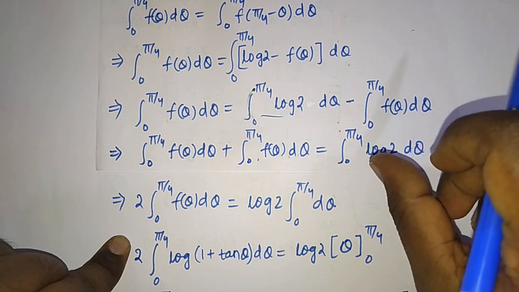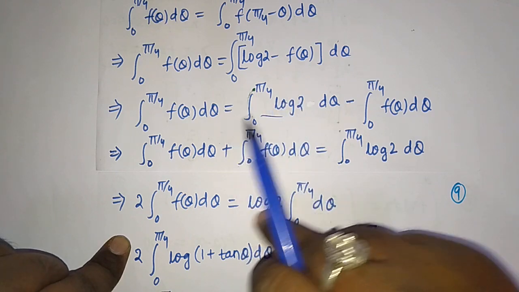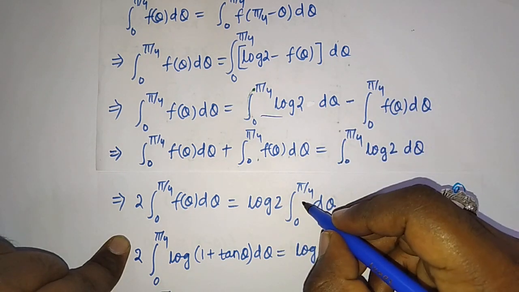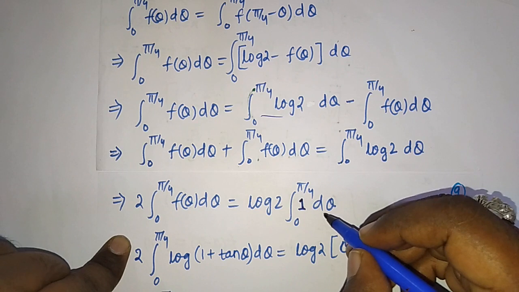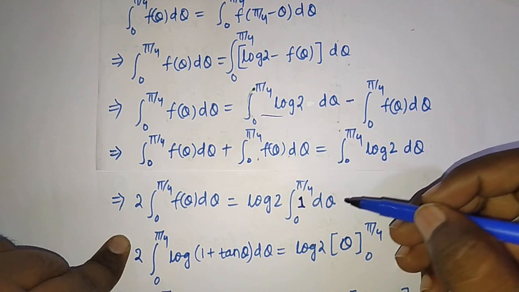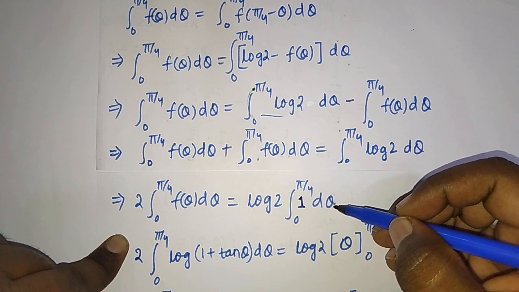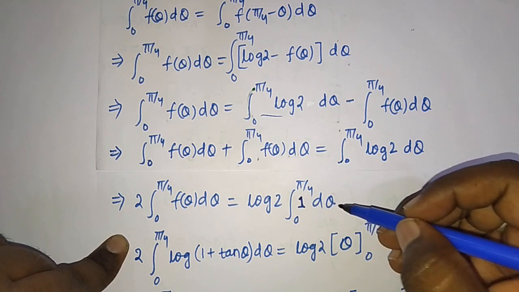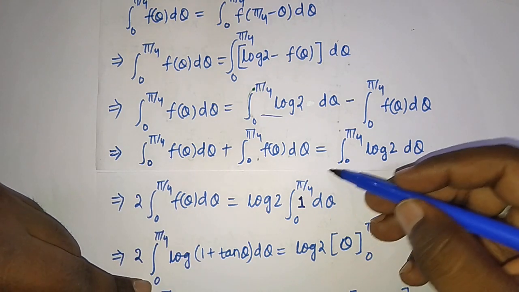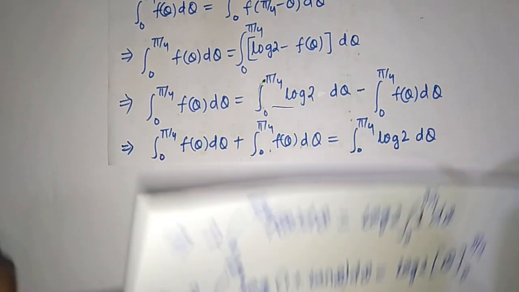2 d theta. If we take this log 2 outside of the integration, because log 2 is a constant term, then only one term will be there, and the integration of 1 is theta. Earlier you were getting the integration of 1 in the form of x, because 1 into dx was there. That time the integration was x, but here it is in theta form, so the integration will be theta. Now put the upper limit here and the lower limit here, then it will become pi by 4 minus 0.